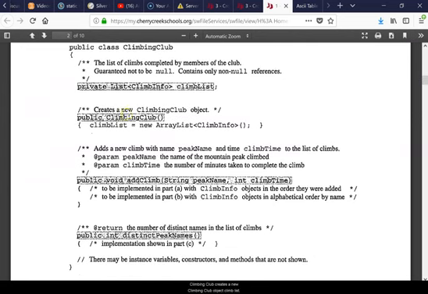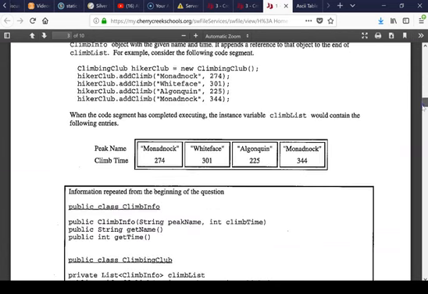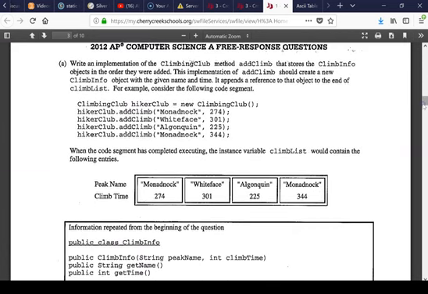So ClimbingClub creates a new ClimbingClub object. climbList is a new ArrayList of ClimbInfo. Okay. So we've got 2 different addClimb methods to be implemented in part A with ClimbInfo objects: in the order they were added, and in alphabetical order. Okay, cool. All right, so